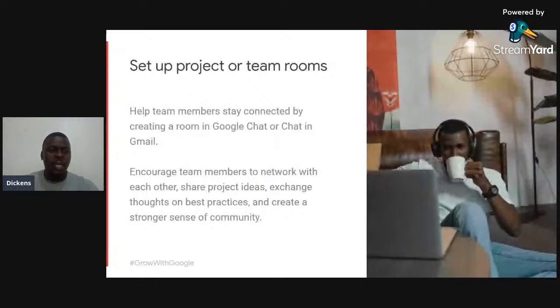You can also set up project or team rooms. You can do this by encouraging your team members to stay connected by creating a room in Google Chat. We have a feature called Google Chat, right, or in Google Meet. So ladies and gentlemen, after this session, you can also go through them.